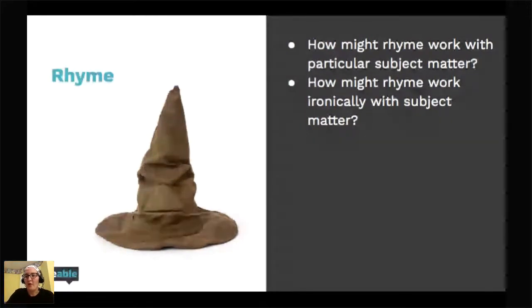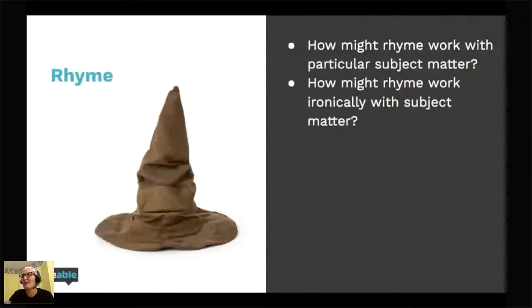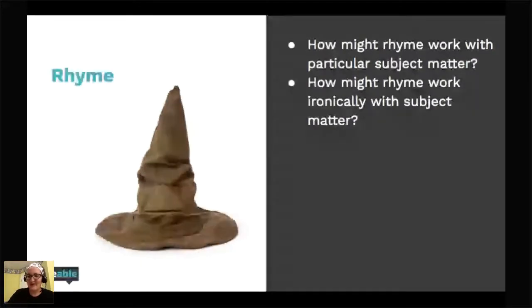You can also have a poem that works ironically if it has a rhyme scheme like Carly Rae Jepsen used, but is talking about really dark stuff. It's like when someone smiles and says something like, I'm going to beat your head in. That's really creepy and ironic, and I don't like it. It's super creepy. So that's a way that rhyme can work ironically with subject matter. I guess I'm getting close to Halloween, so I'm thinking of weird stuff. Again, I'm in all black today, so I'm in dark mode.